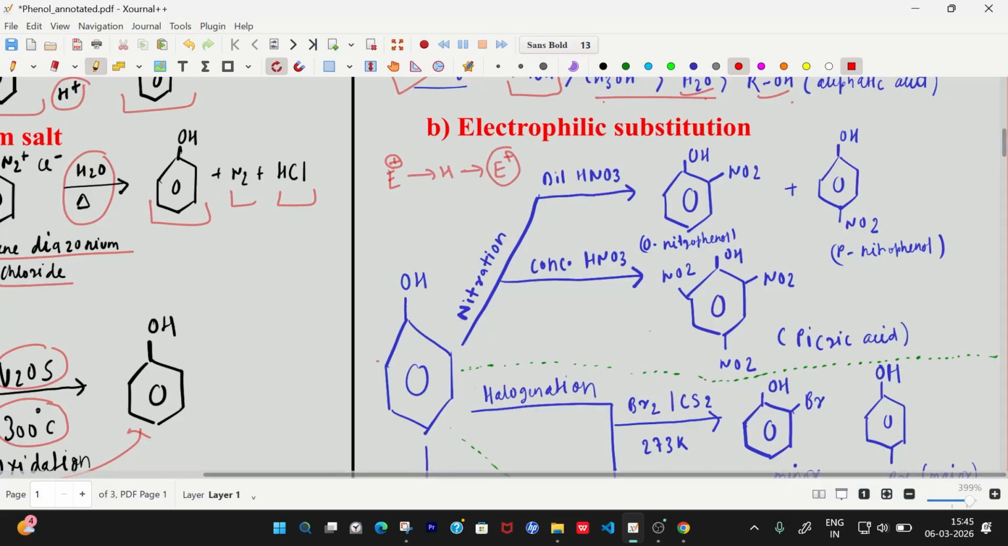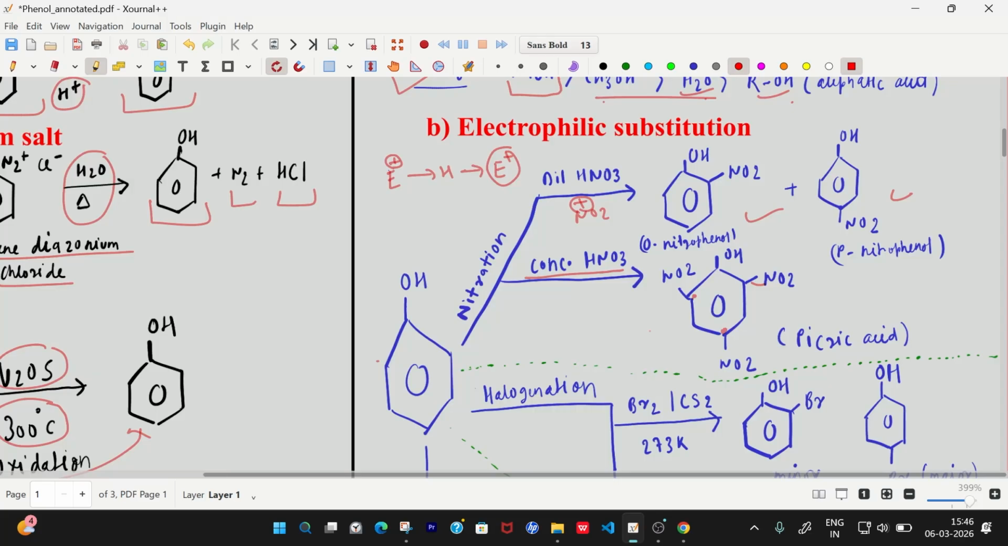rings. The first method is nitration. Here phenols are treated with dilute HNO3, and NO2 plus electrophile is generated and replaces H plus on the ortho and para positions to form ortho-nitrophenol and para-nitrophenol. And if we treat phenol with concentrated HNO3, then it will activate both the ortho position and para position to